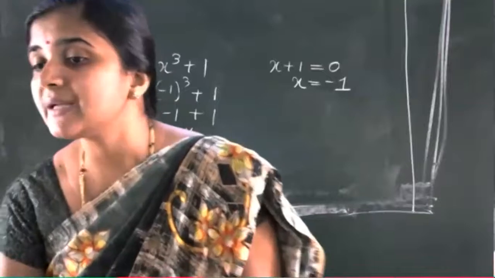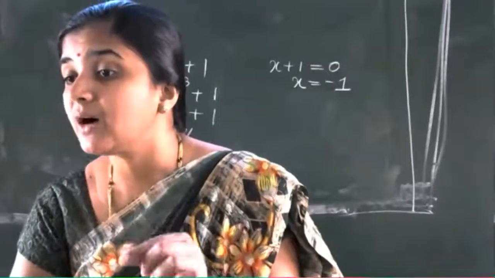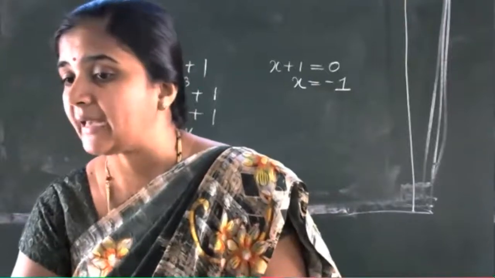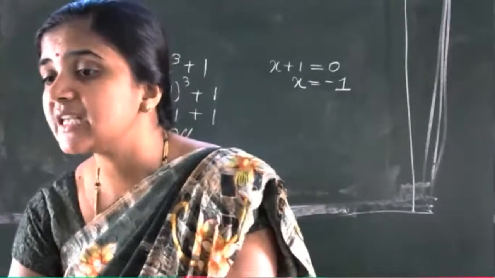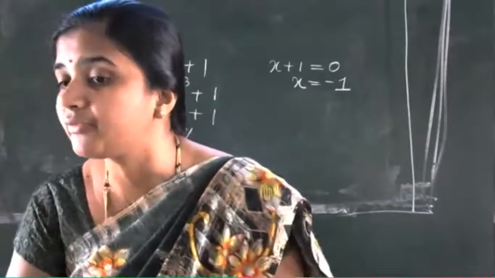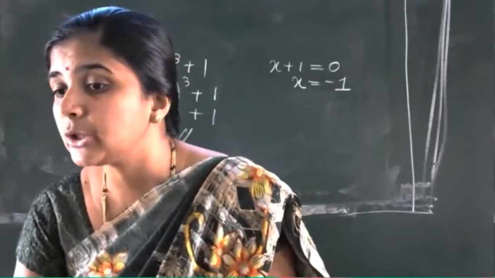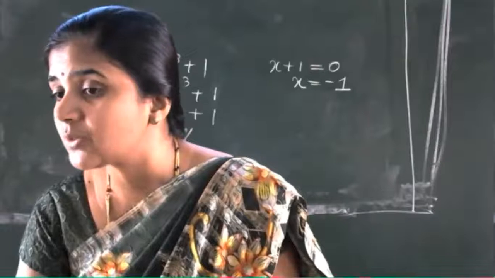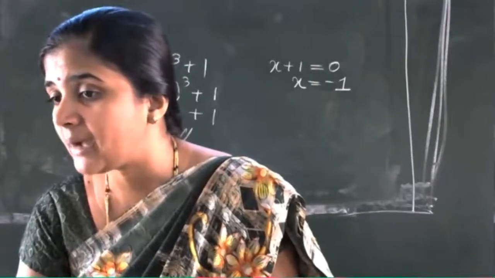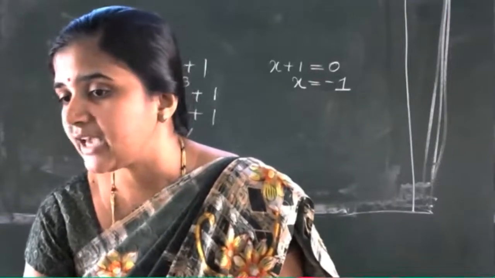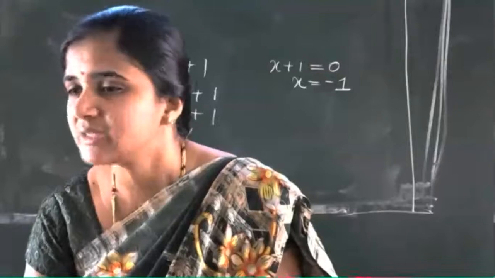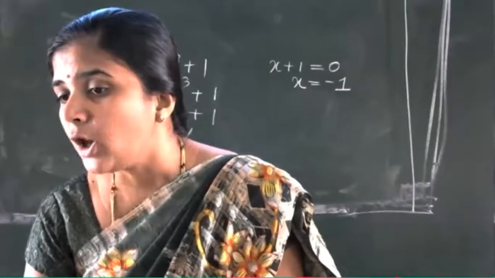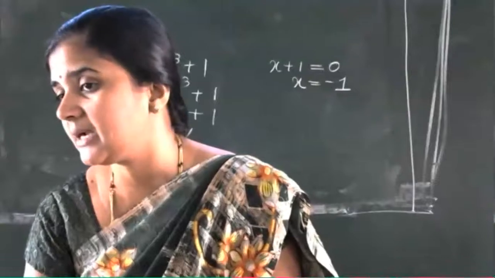Then equate 2t plus 1 to 0, because we need the zero of the divisor polynomial. That is t is equal to -1/2. Substitute t is equal to -1/2 in q of t. So there you will get 4 into -1/2 whole cube plus 4 into -1/2 whole square minus of -1/2 minus 1. Then after simplification, you will get the clear picture. You can observe that all the terms get cancelled, in the sense remainder is 0.